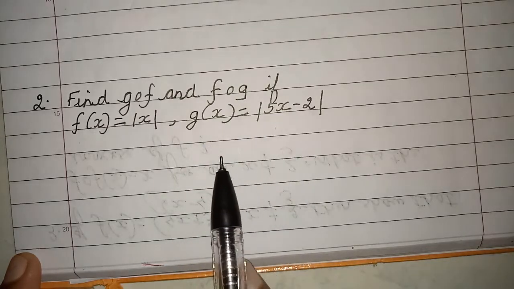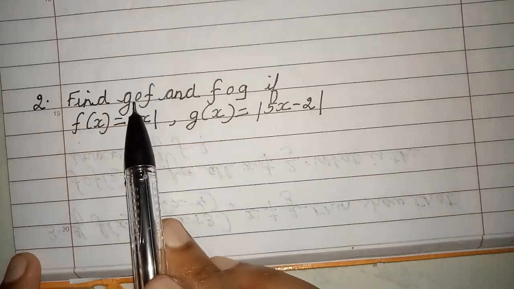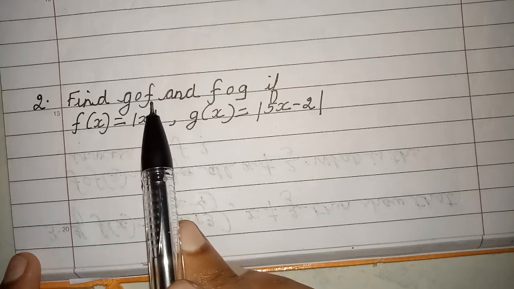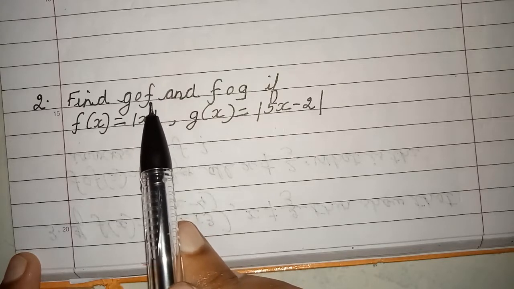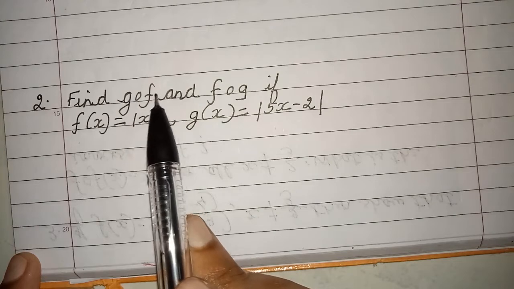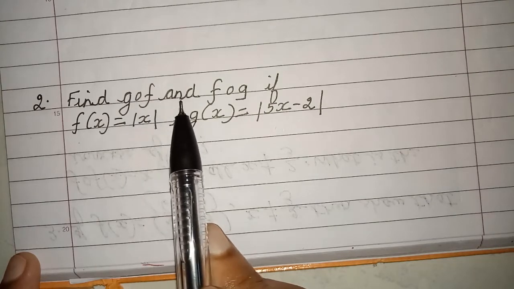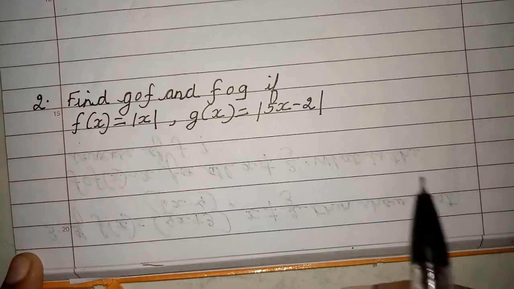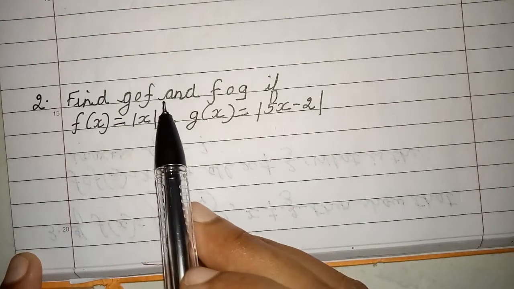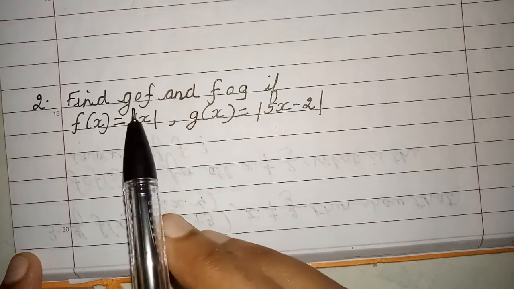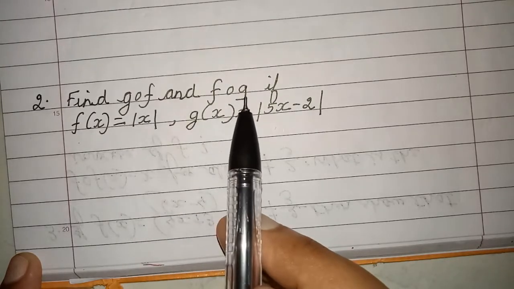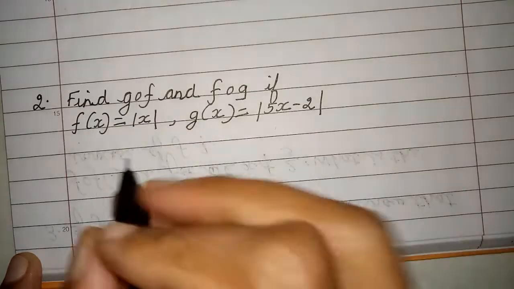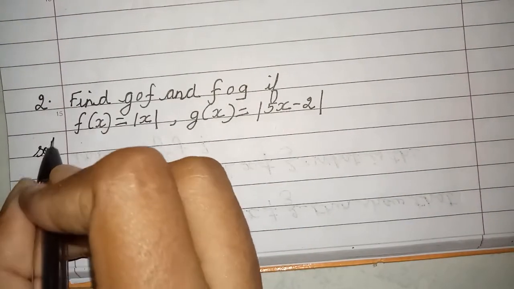Now children, always remember that whenever nothing is mentioned about your function, the functions are real functions. That means always consider f from R to R and g from R to R. It is by default taken as real functions unless something is specified. Okay, so now we are asked to find g composite f and f composite g. They definitely have to operate on an element. Let us operate it on x.